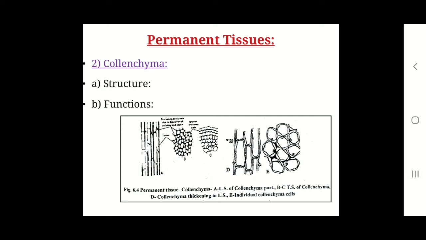Collenchyma is present in hypodermis of dicotyledonous stem, and particularly in the roots, if present. It is absent from the roots and monocotyledonous stems. Then functions. The collenchyma is somewhat flexible tissue and it gives tensile strength to the growing organ. It adapts itself radially to rapid elongation of stem due to its extensible nature. In old stem, it adds mechanical strength. And third function, that is collenchyma provides mechanical support to the organ, and due to its peripheral position in stem, it resists bending and pulling action of wind.